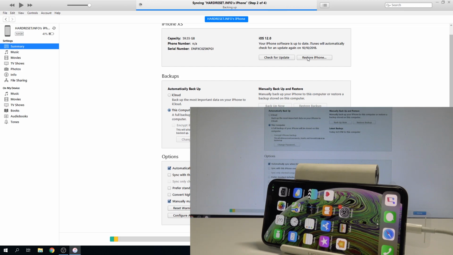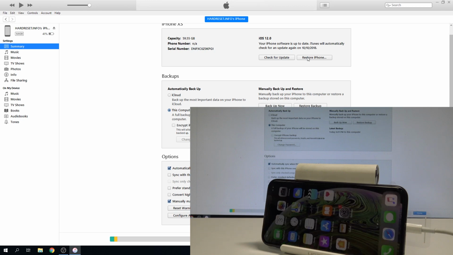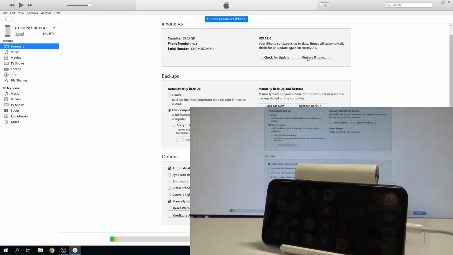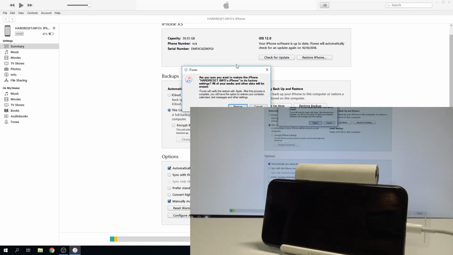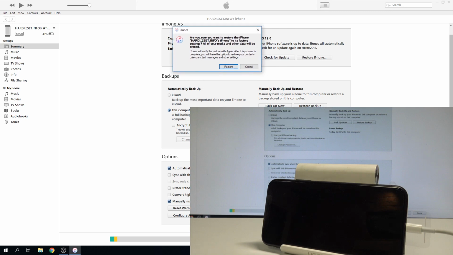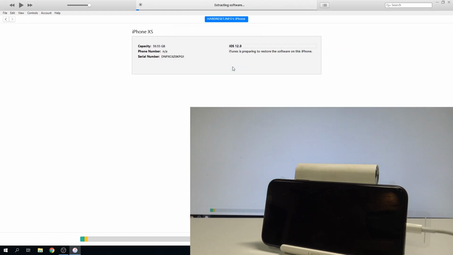So the restore iPhone operation is like the hard reset. You will lose all your data, all your personal stuff, customized settings and installed apps. Sometimes it's really necessary to accomplish that operation. For example, if you would like to sell your device, so let me just tap restore iPhone. Here you've got the information. So if you would like to erase all personal data, media and other stuff, let's just tap restore, and the